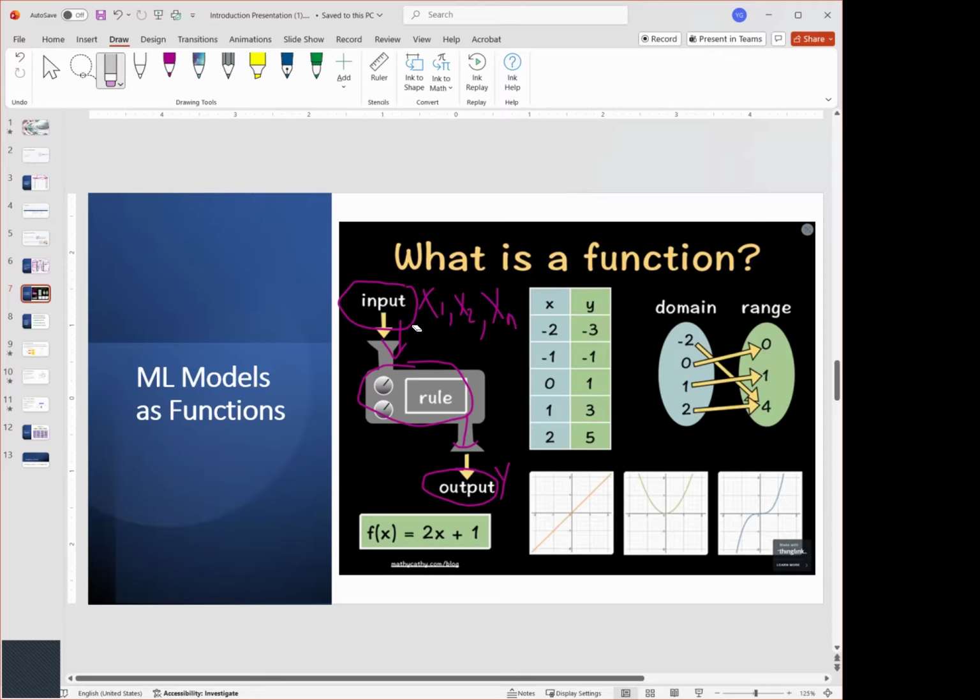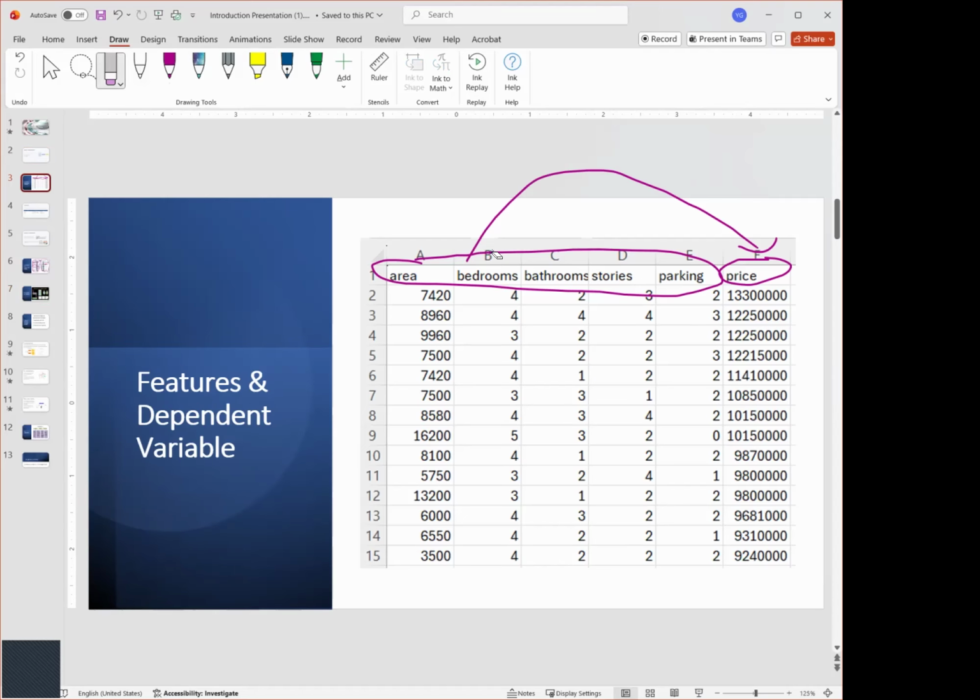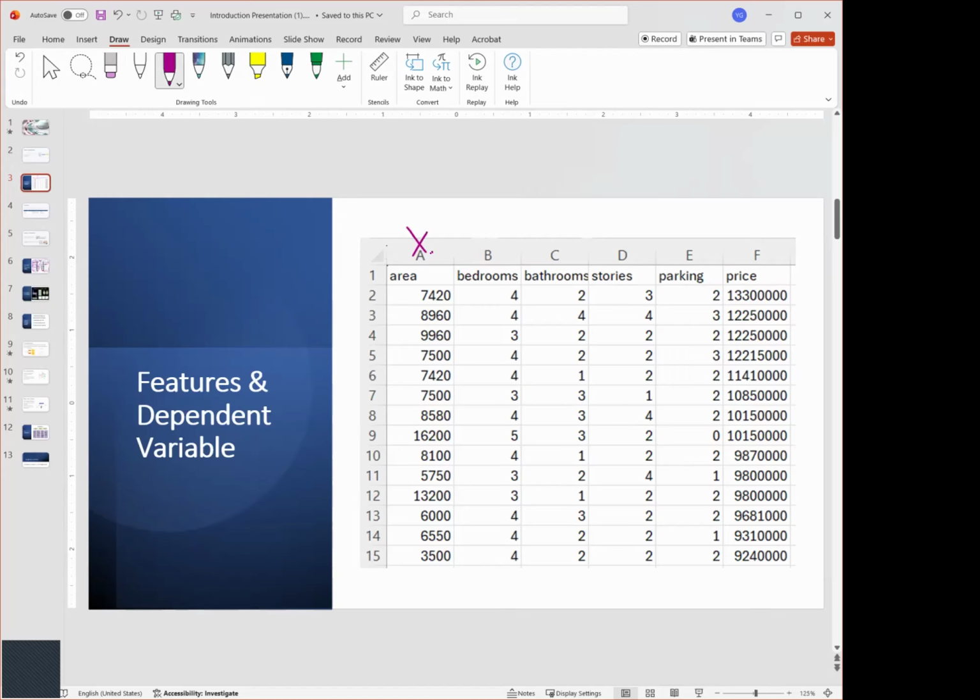As you can see here, we have an input represented as X and an output represented as Y. Remember what I said about the dataset features? Let's go back to here.